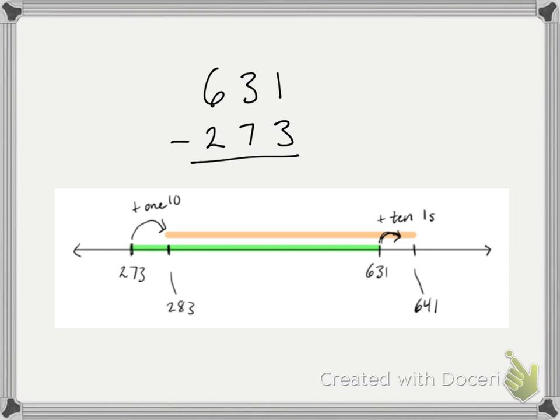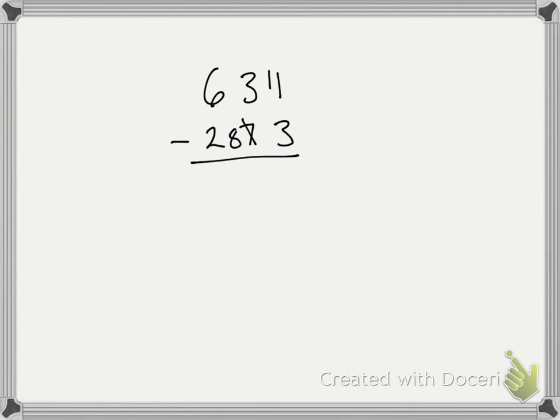won't change the difference. So in order to take the 3 from 1 in the ones column, what I need to do is add 10 to both numbers. The way I'm going to do that is add 10 ones to the 631, making that 1 and 11, and add 110 to the 273, making the 7 and 8. Because I've changed both numbers by the same amount, I've given the same amount to both numbers, I don't change the difference. But now I can take 3 away from 11 with 8, and I move on to the next